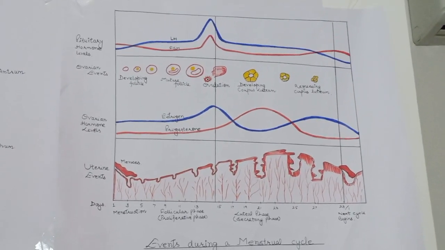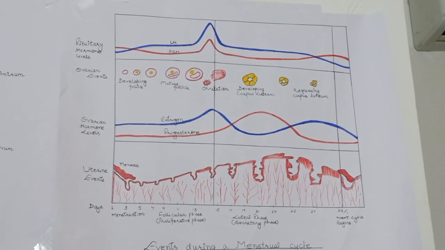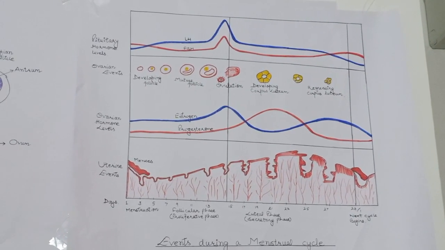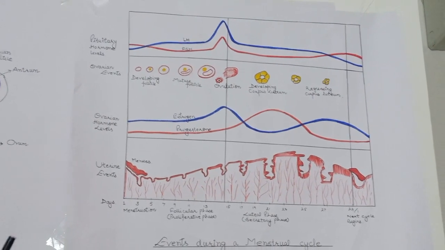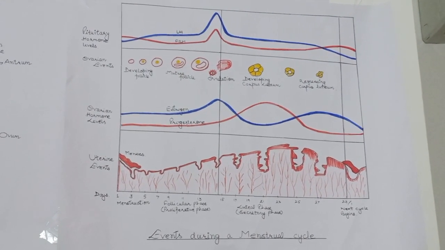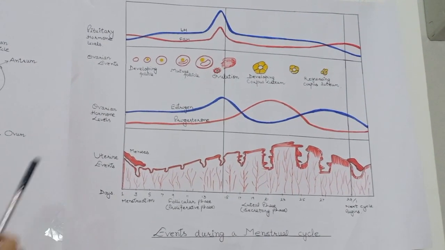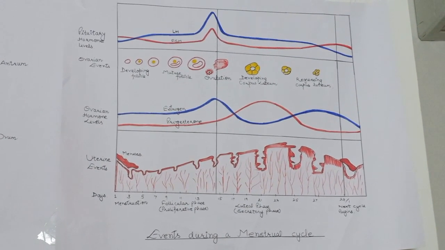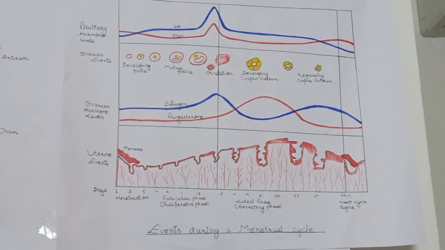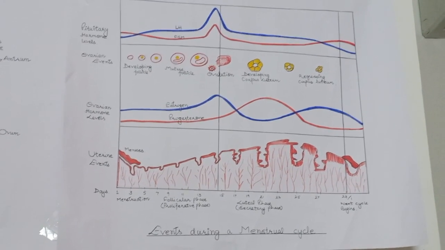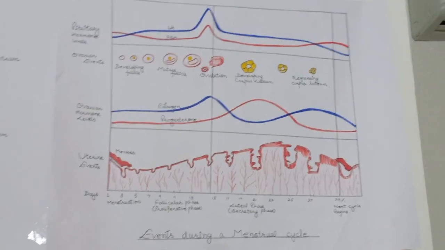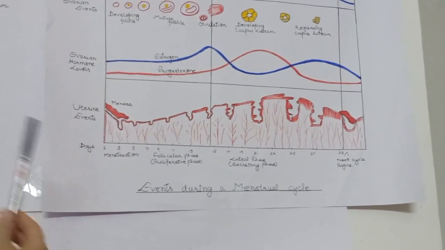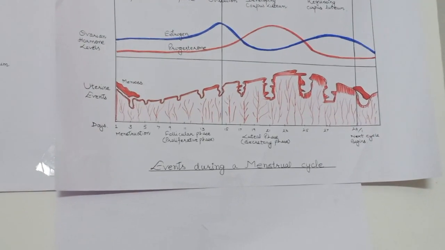Now we move on to the events during a menstrual cycle. In female primates, that is in monkeys, apes and human beings, it is known as the menstrual cycle. The first menstruation begins at the age of puberty and it is known as menarche. In human females, menstruation is repeated at an average interval of about 28 to 29 days, and the cycle of events starting from one menstruation till the next one is known as the menstrual cycle.